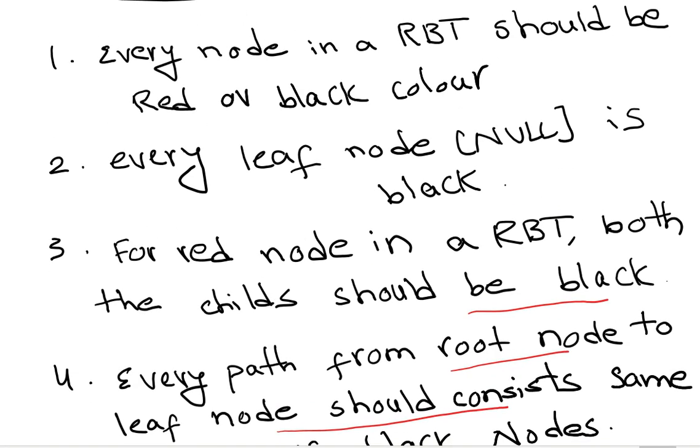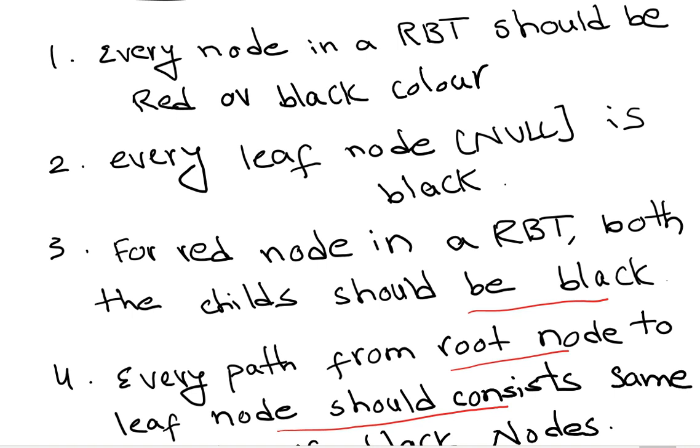Once again, check all the points; these are the properties of a red-black tree. As with an AVL tree, again we can insert here. We have operations as well: insert, delete, search, etc. We will see them in the next classes. For now, try to understand clearly what the red-black tree properties are when we say it is a red-black tree.